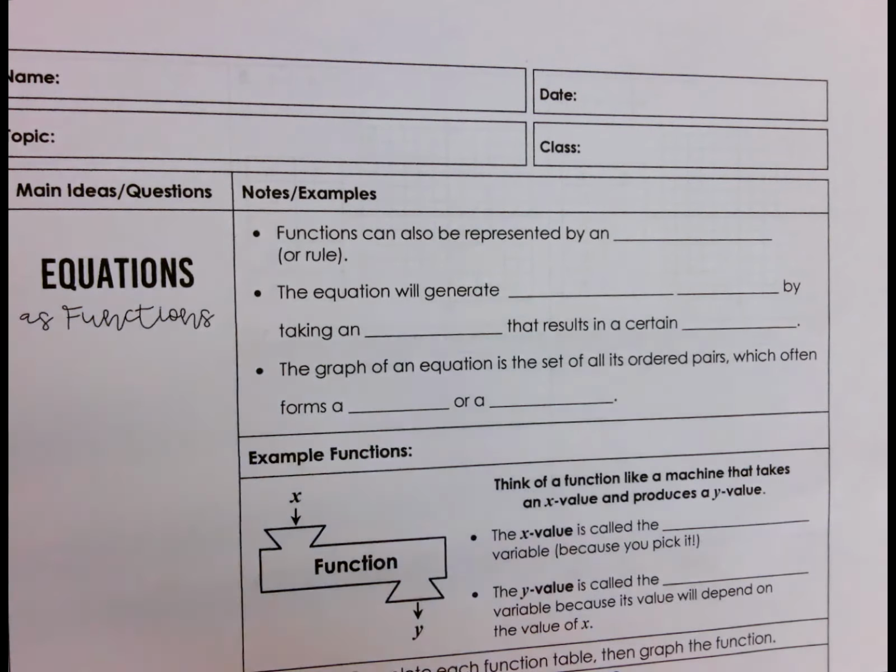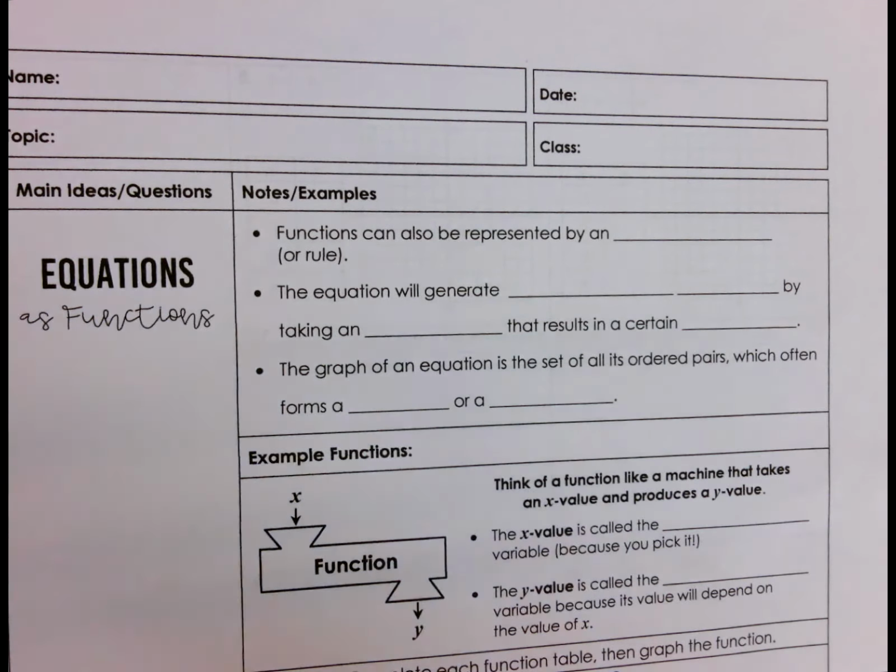And so the graph is the set of all of the ordered pairs, and normally it's going to form a line or a curve. That's where we get that continuous graph. Remember, there can be an infinite number of inputs and an infinite number of outputs as well. So this is how you can think of it: a function is a machine or a rule. When you input an x value and you do what the rule tells you to do to that x value, you get out a y value,